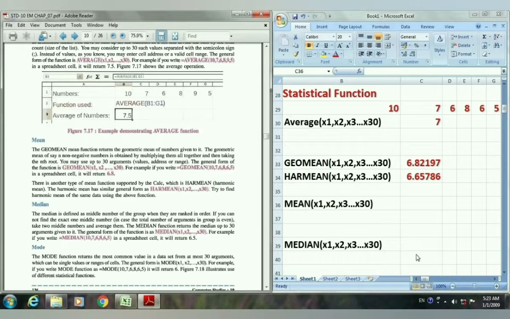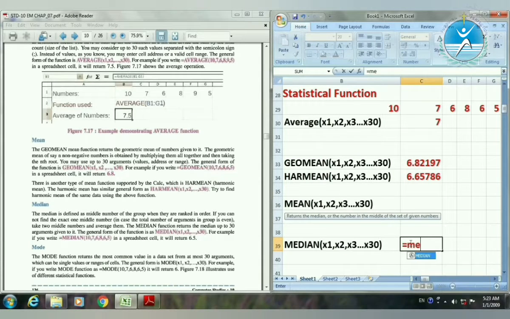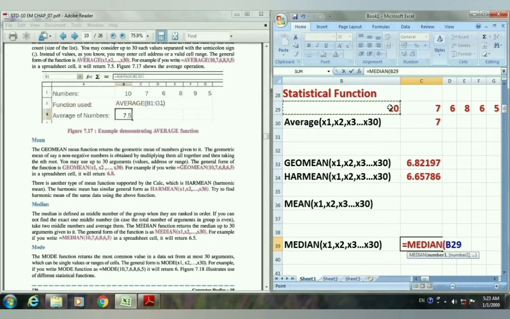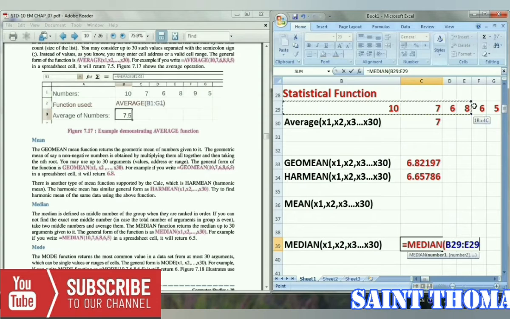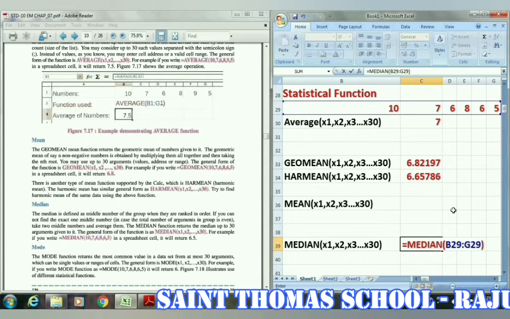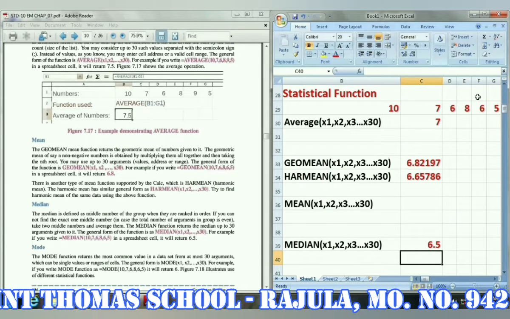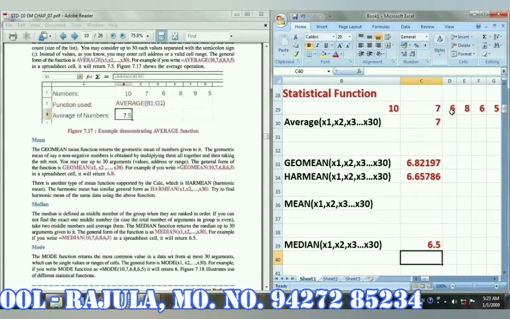Put the equal sign, type median, and then select the cell range. Here you can see 6.5, meaning it first adds both these numbers, and then the addition is divided by 2.